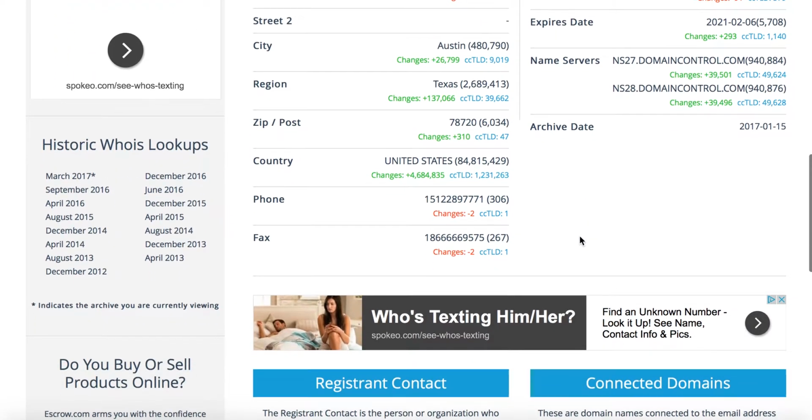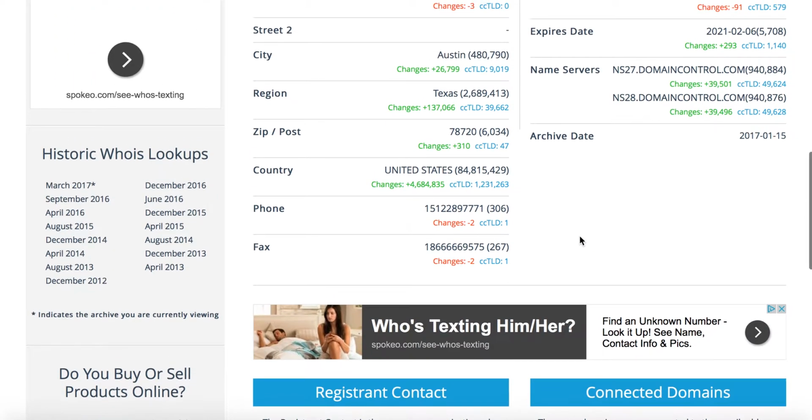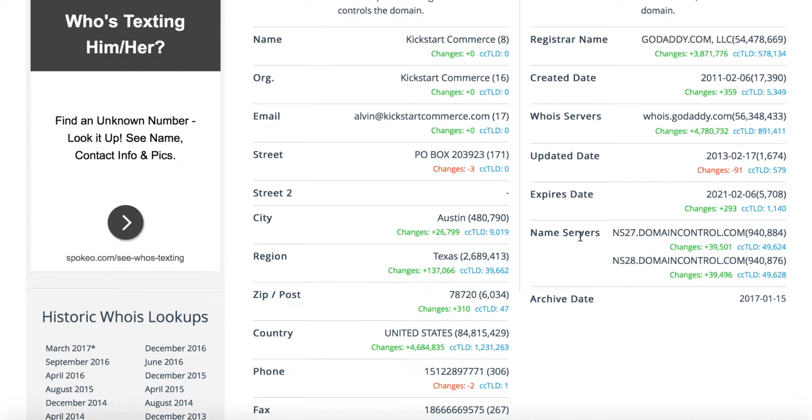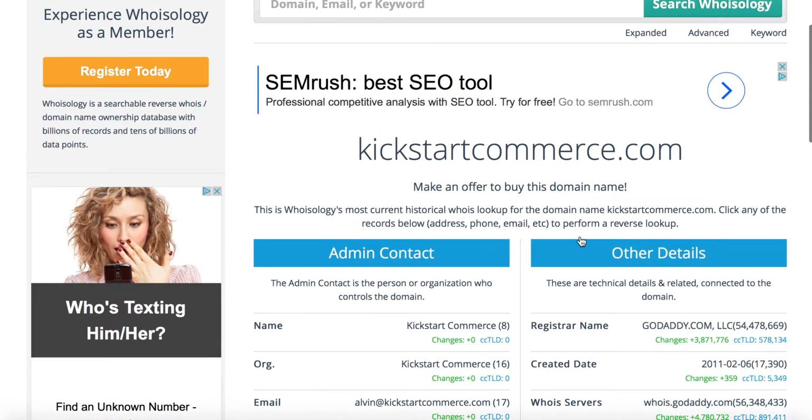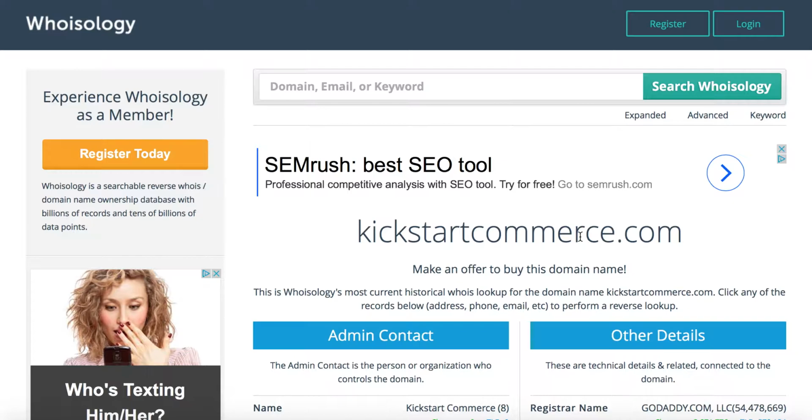So if you have a domain that you're wanting to buy and you're seeing a lot of changes, or you just really want to know the history of that domain before you put down some large sum of money to purchase it, then I definitely recommend, if you're unable to get that information using who.is,